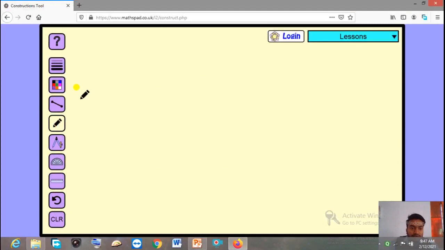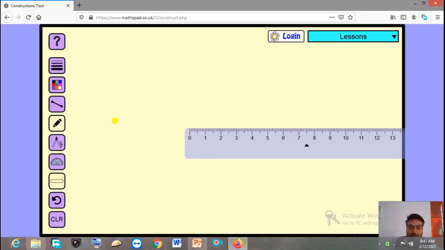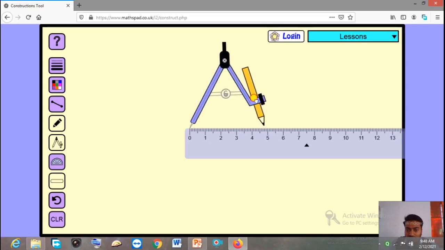As you can see on the screen, first we take the scale to measure the radius length. Then take the compass and fix the metal arm on the fixed point. I am giving the point here, as you can see on the screen. Now this is the pencil arm, and according to the radius we have to stretch it. I am going to take a radius of 5 cm and stretch it accordingly.